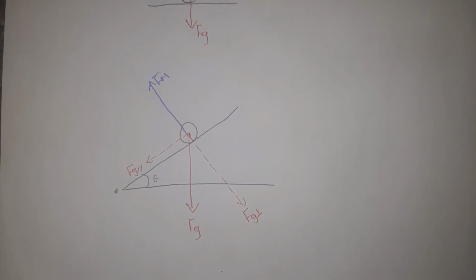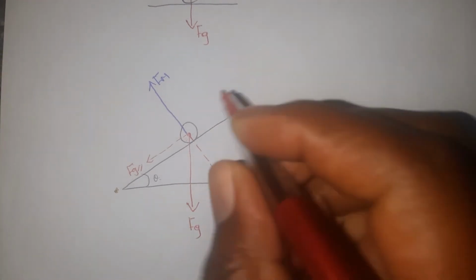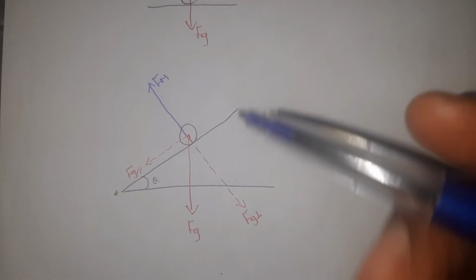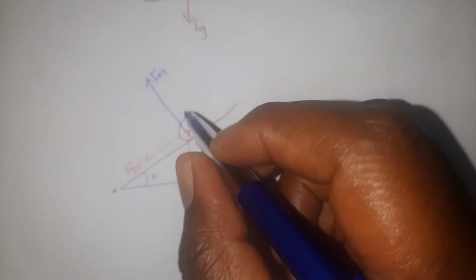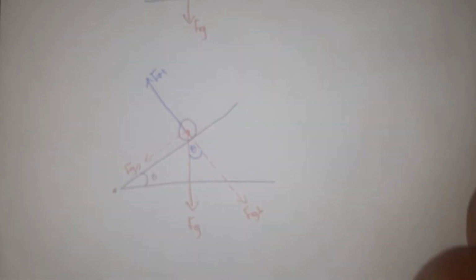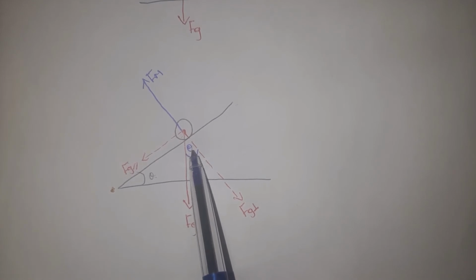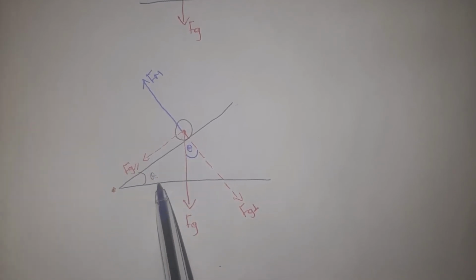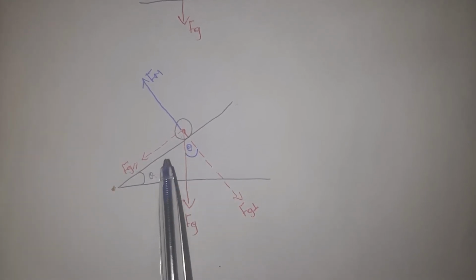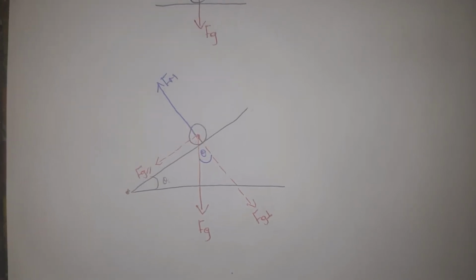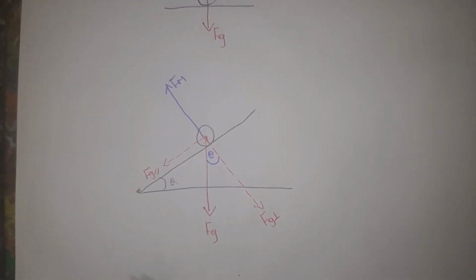Again, the angle between FG and FG perpendicular, this angle, okay, this is the angle I'm talking about. This angle is exactly the same as this angle. So since that is the case,